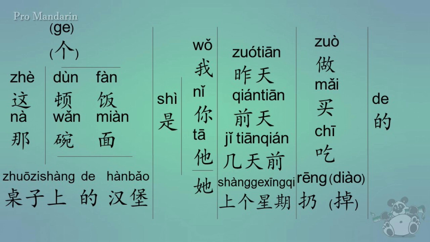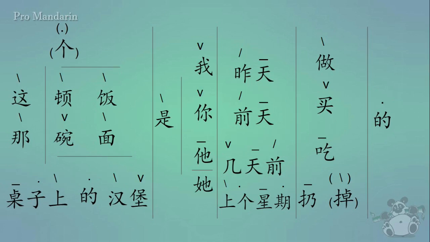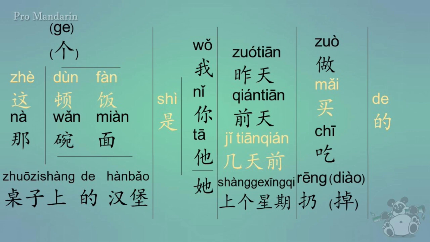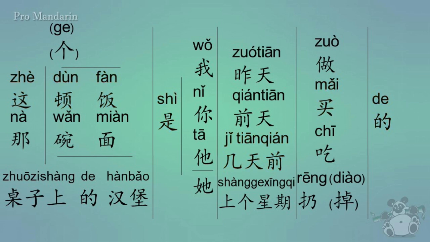All right, so then how would you say this meal was bought a few days ago? Maybe it's been sitting in the fridge, or maybe it's been sitting on the counter for a few days now. So how would you say that? This meal was bought a few days ago. 这顿饭是几天前买的。